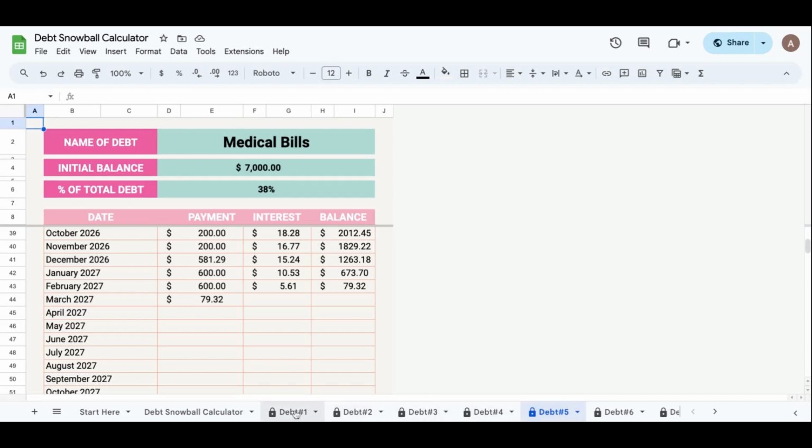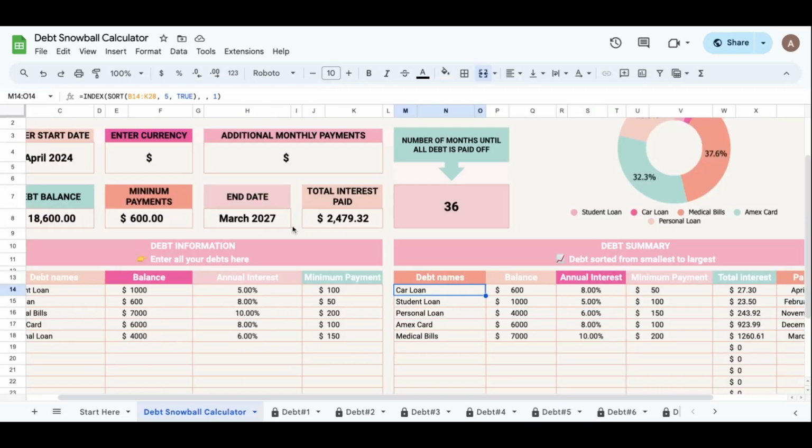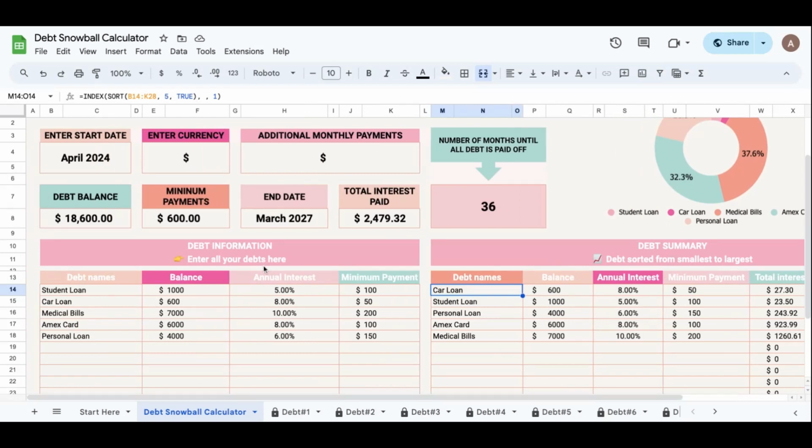So this is working on the scenario that we're only doing minimal payments. However, if we do have an extra source of income and extra money that we can put into debt, so if we do a monthly budgeting and we have our $600 that we're putting towards our debt, but we have an additional, say, $500 that we can put towards our debt, we need to add it here. So if we put $500 here,